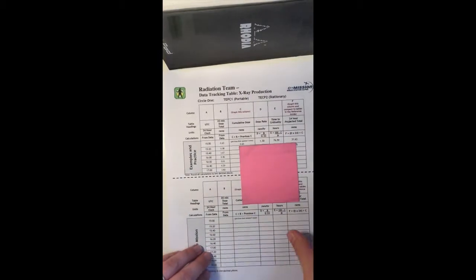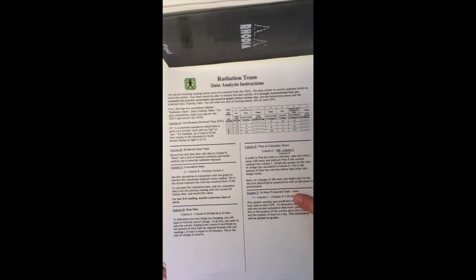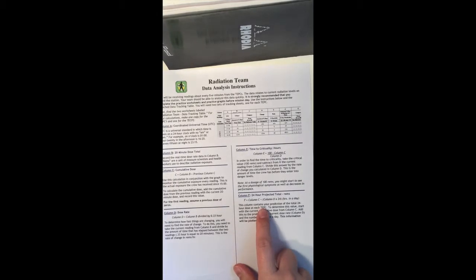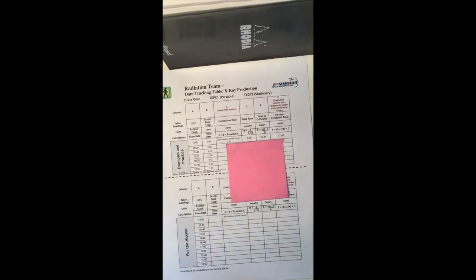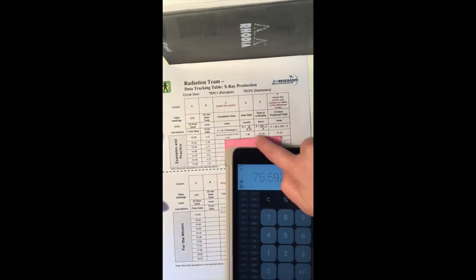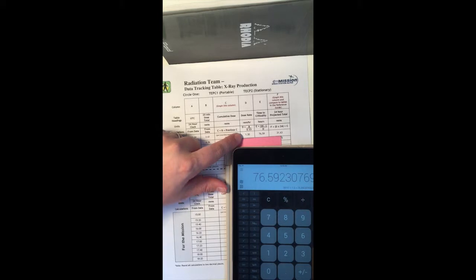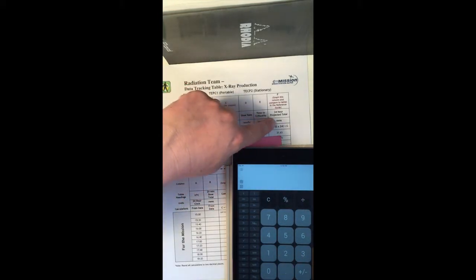So again, all of this is explained on your reference guide back here. It will talk about this column, which contains your prediction of the total 24-hour dose at each measurement. I haven't been referring back constantly, but this information is right here to help you fully understand what's happening. So on this one, I'm simply going to take D, which was 1.3, times 24 hours in a day,